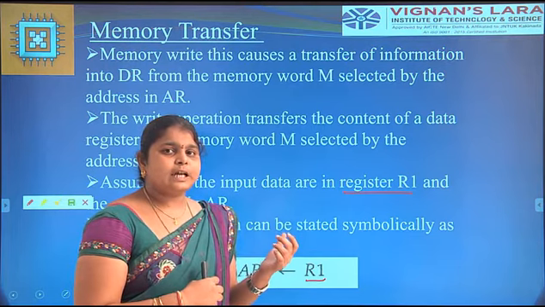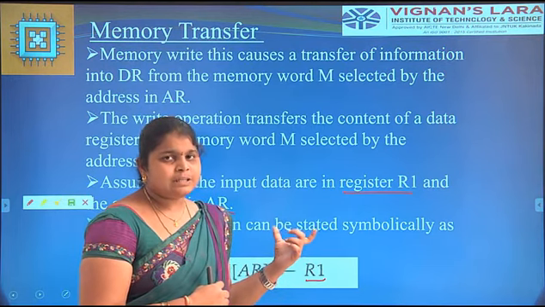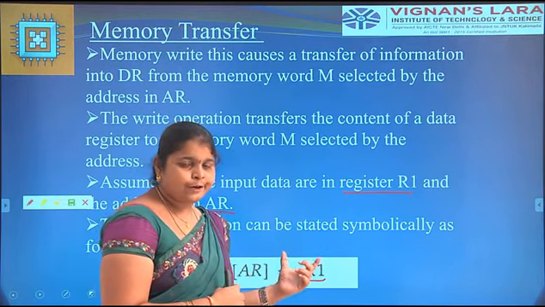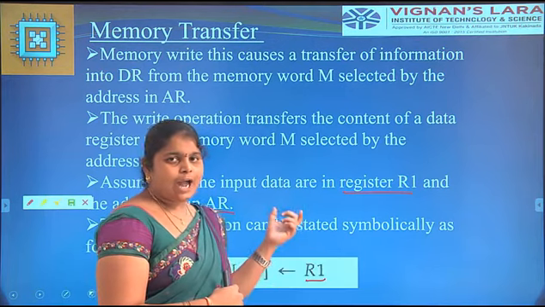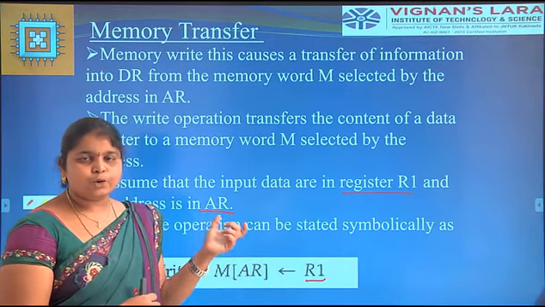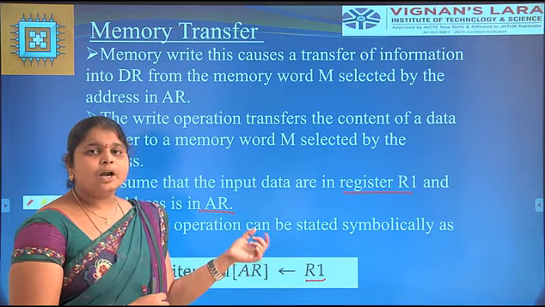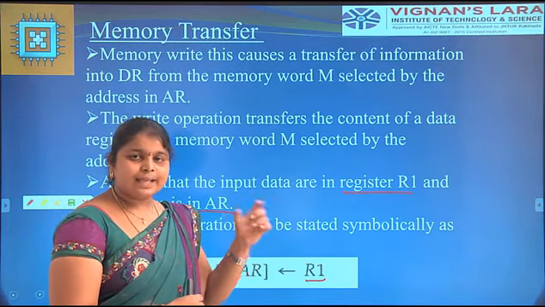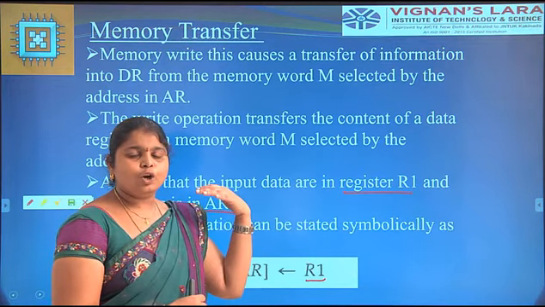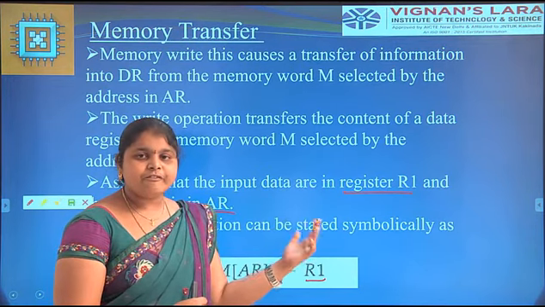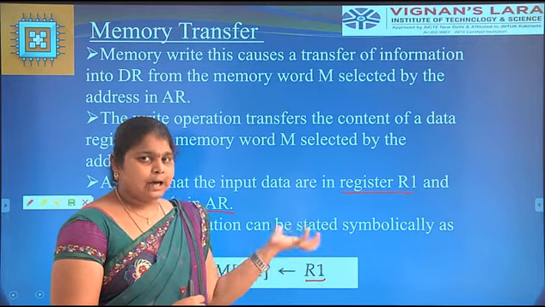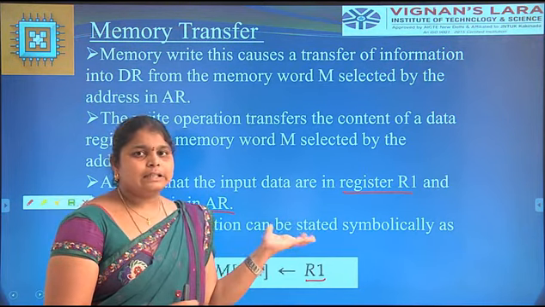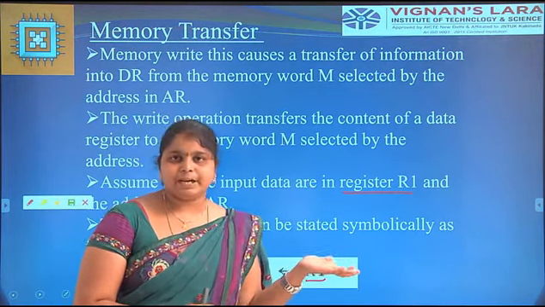Here in the 3-state buffer we use the decoder. Decoder means transferring of information from one end to another end. In the 3-state buffer we take 2 select lines, a 2 by 4 decoder, where 2 are the select lines and 4 are the outputs. We take 4 outputs, and then the output is represented only on a single line. That is the final output of the common bus. This is about the bus and memory transfers.